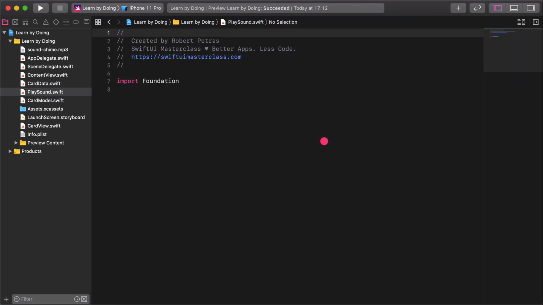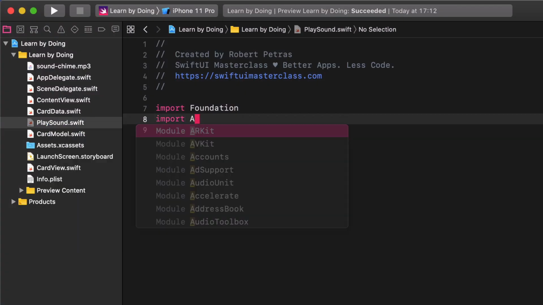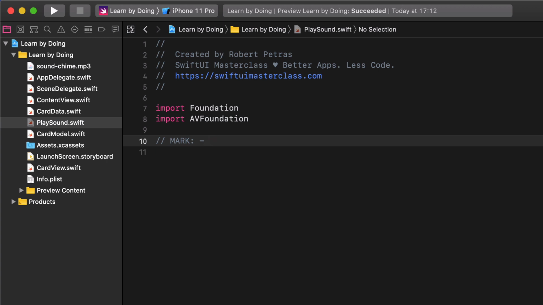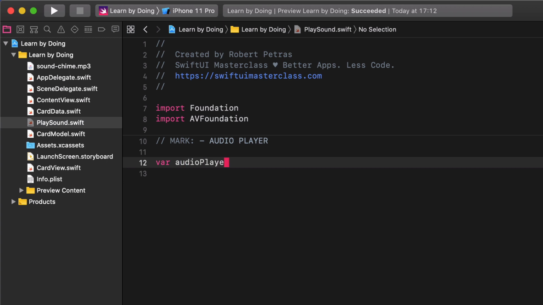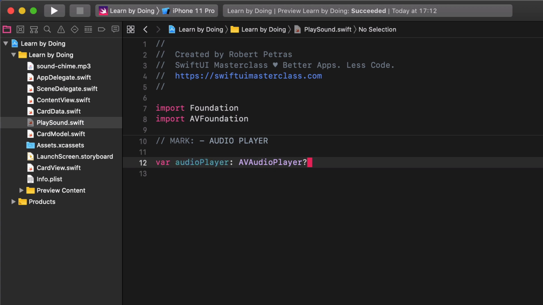In order to play a sound in iOS development, we need to import a new Apple framework called AVFoundation. In a new line, import AVFoundation. As many times before, the next step is to place a comment section for the audio player. Then let's create an audio player variable, which is an audio player type itself. After that, we will need a new function,